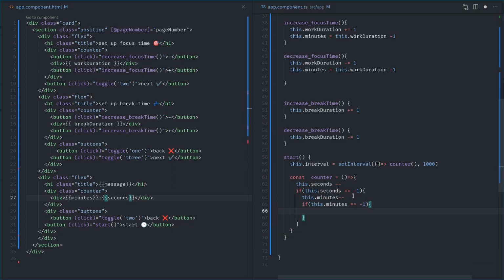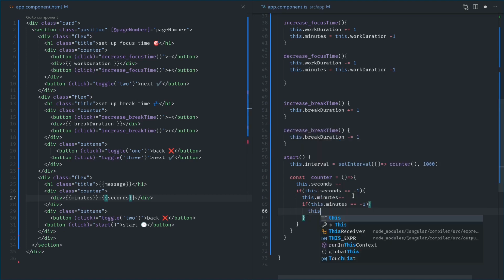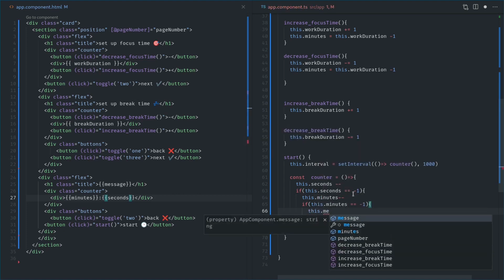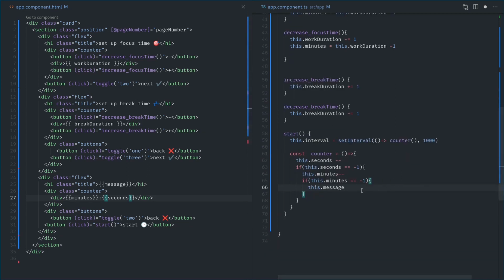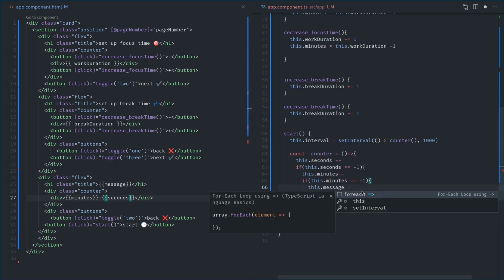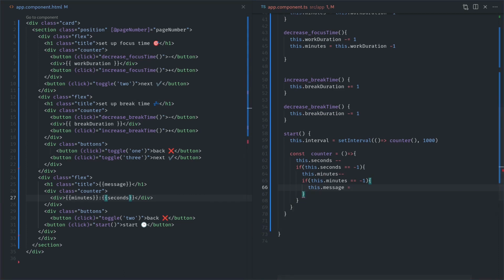We want it to change the message first. So this dot message, instead of having it say go to work, I want it to say get some rest. Let me copy and paste it from here so I won't have to type it. This dot message